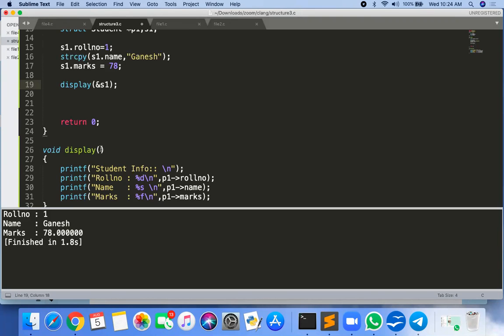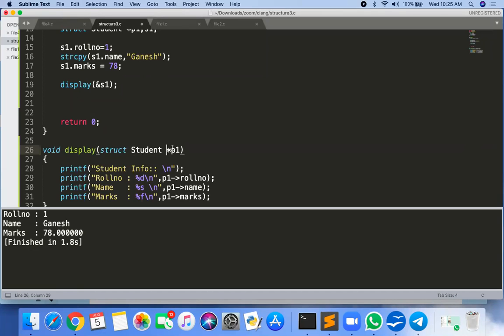I'm passing the address of S1. If I'm passing the address of S1, then tell me what should I write here? What is the input argument of display? Pointer, sir. What is the data type of that pointer? Star P1. Only star P1? What should the data type be? It should be a structure. struct student star P1.